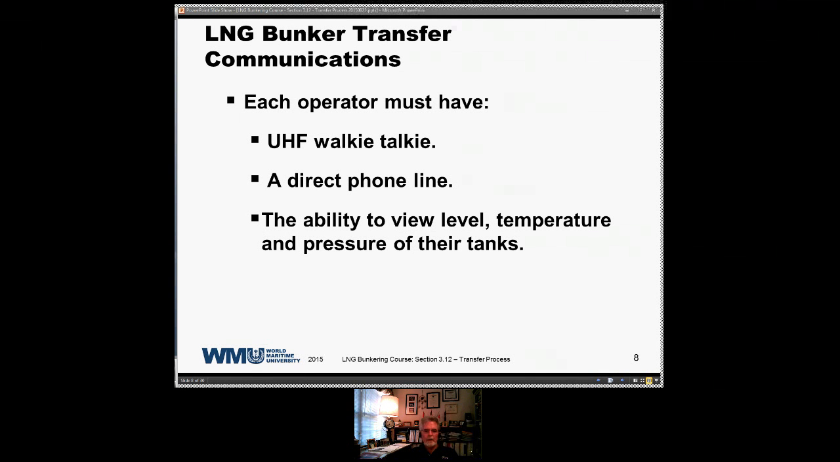That's a direct phone line from the cargo control room of the ship to the cargo control room of the terminal. It's a dedicated phone line that is used for nothing else. A good analogy would be the hotline of the President of the United States